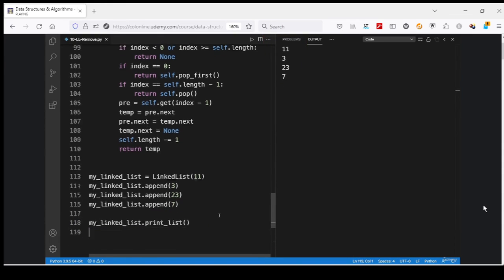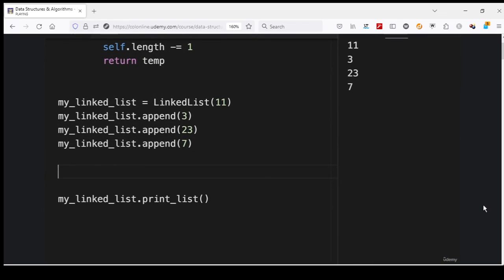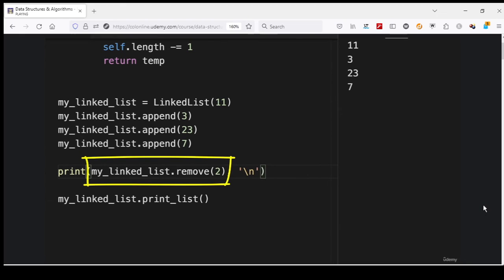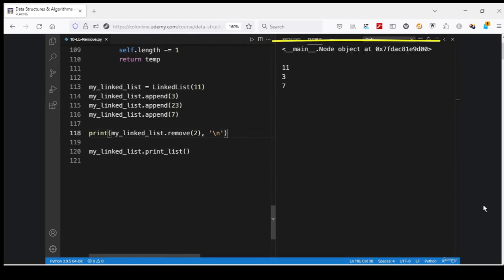So what I'm going to do is I'm going to scroll this up here, and in between the creation of our linked list here and our print list, I'm going to paste this line of code. So this is my linked list.remove, the item at the index of 2, and then I have a line break on the end there. So this will print out that node, and then down here, we're going to print out the linked list with that node removed. So I'll run this, and there's the node, and here's our linked list with 11, 3, and 7